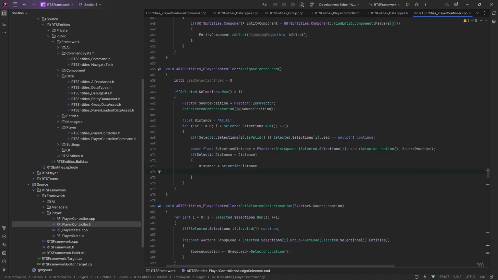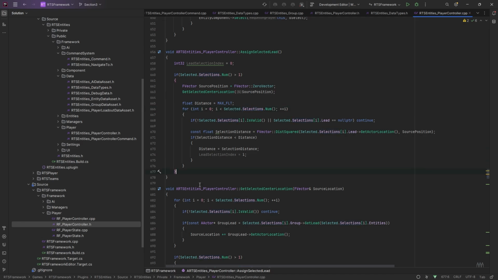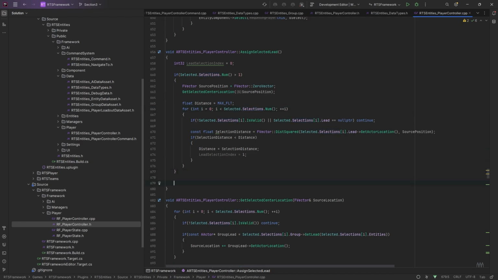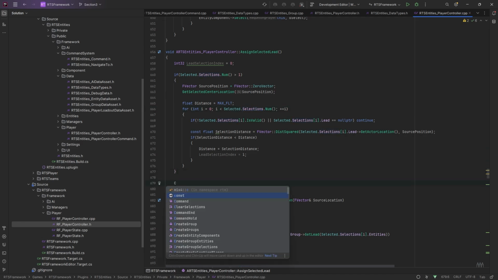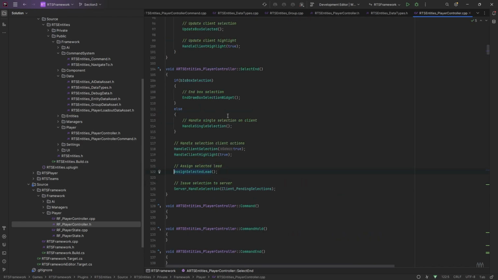And we'll change the lead selection index to be the index of this selection. And then at the end, all we need to do is in our client pending selections, the lead selection index, we call that the lead selection index we just calculated. So that's, sorry, a bit of a detour there, but once that selection finishes, we'll have a selection lead assigned